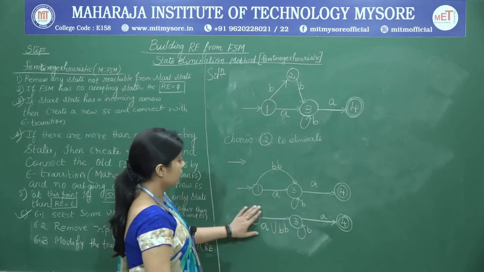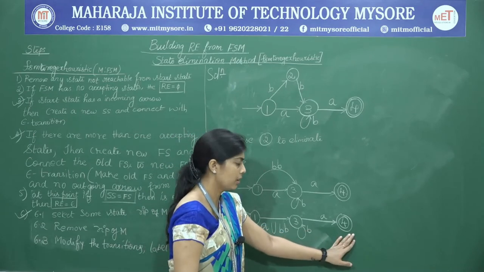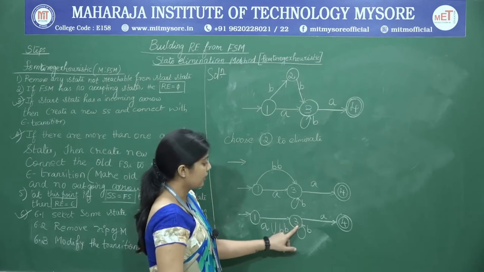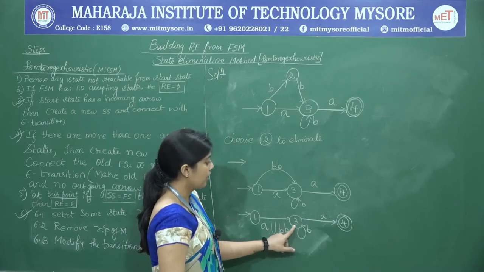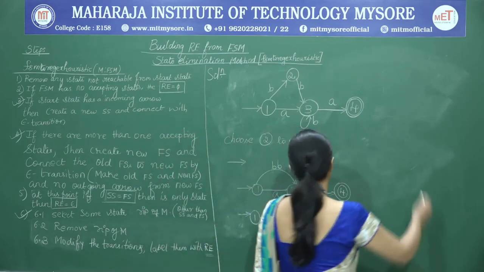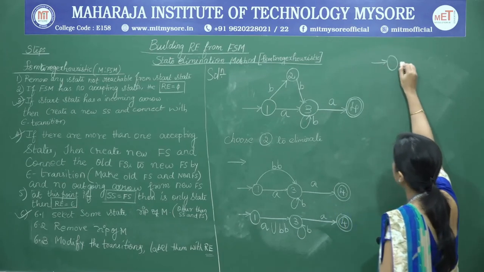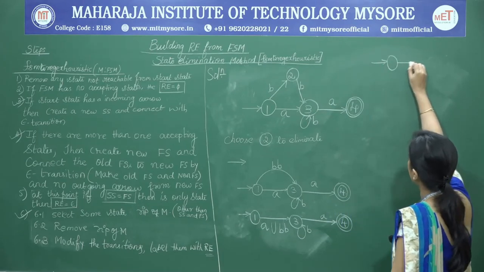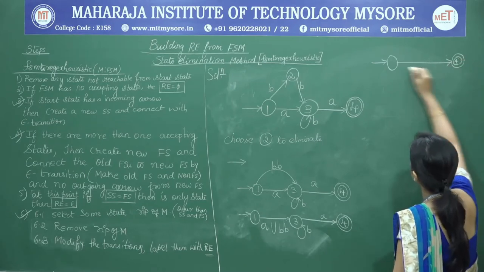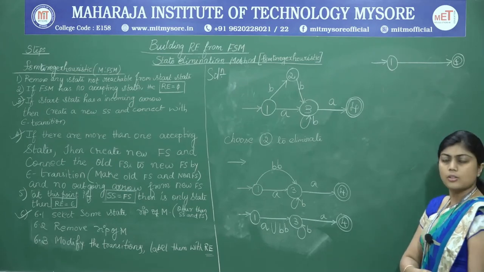So next, this is never a choice for elimination and this is also never a choice for elimination, because this is the start state and final state. So next step is that we have to remove this 3. So I choose 3 to eliminate. So therefore we are going to write the transitions here. So directly the transition has to go from 1 to 4 without having 3 in between. So therefore now